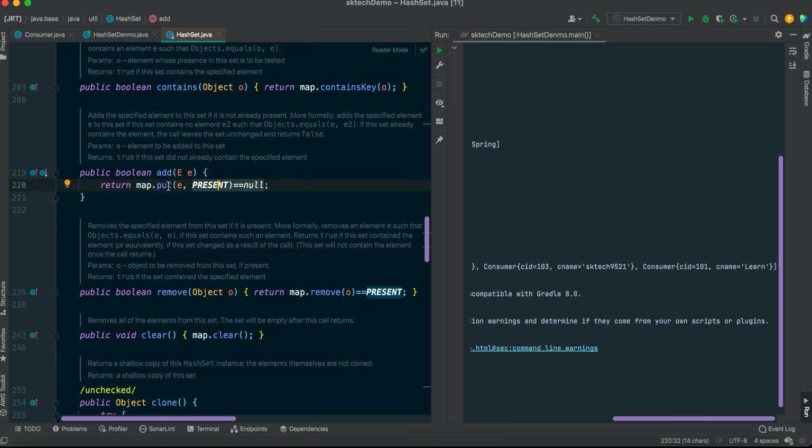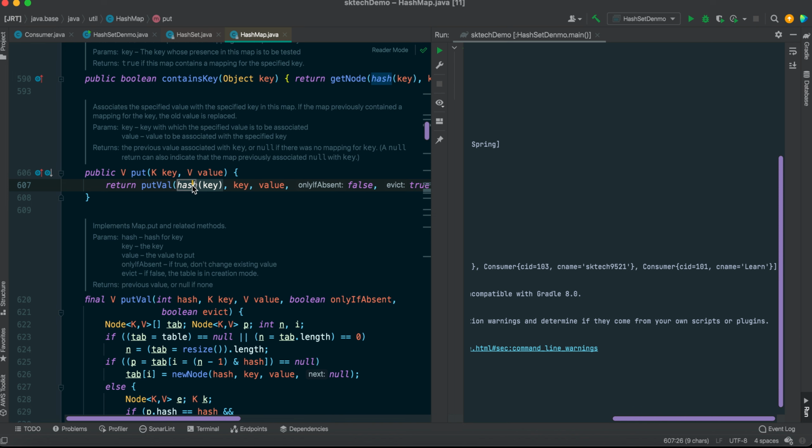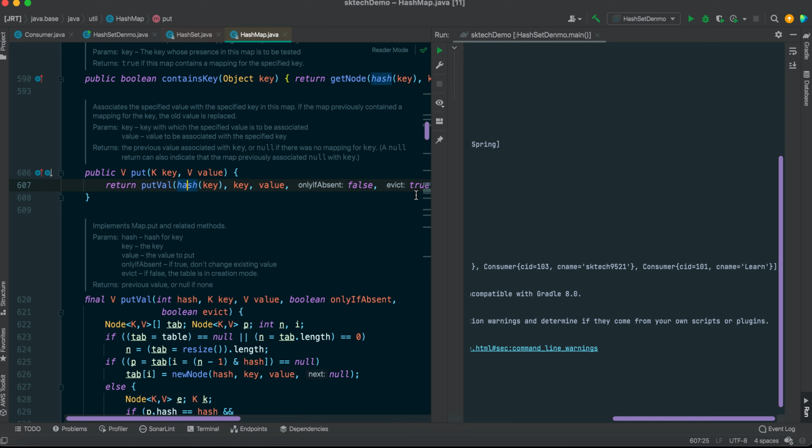Based on this map operation only, it is able to insert the unique element. Also, this element is not directly inserted as a key. Internally it is going to create it in a hash code format. If you go inside again, you see that based on the key it is trying to create some hash code. There is some default logic implemented by Java to calculate the hash code, and based on the hash code it is going to prepare one array and insert that value. So this is how it is working internally.